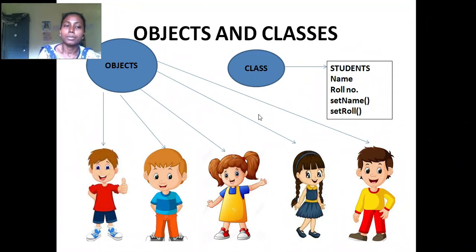But if I tell you class 4 students, and I give you the name, roll number, or registration number of the student, then you can easily identify. So these are the objects and classes.